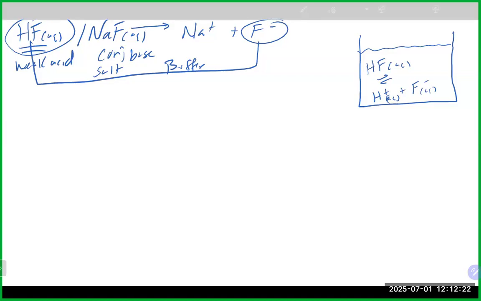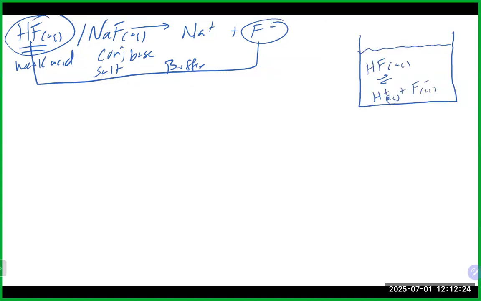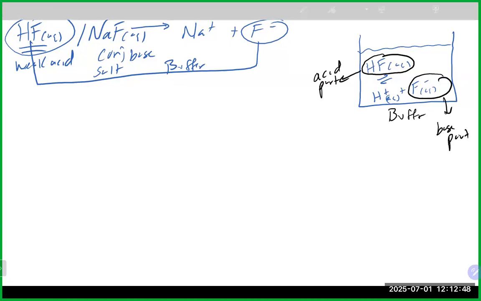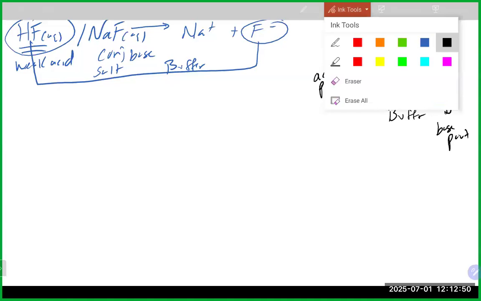And in this buffer solution, we basically have, as I mentioned, 2 parts to it. We have this part of the buffer, which is the acid part. And we have this part of the buffer, which is the base part. And again, they are both in the solution to begin with. And that is really vital to how a buffer is able to function. So what happens if we do take